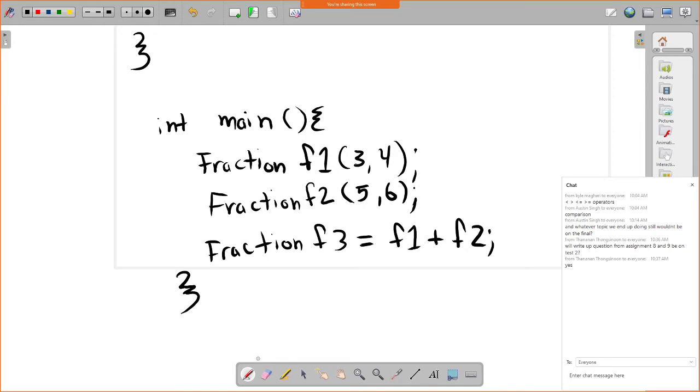So fractions are not built into any language, but we maybe want to be able to add them as if they were. So the advantage of operator overloading is that we end up getting something that's more readable and looks like normal mathematical notation. Common examples of that might be the fraction class that I kept writing,